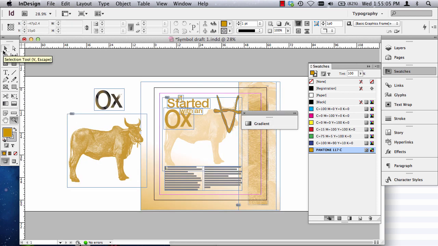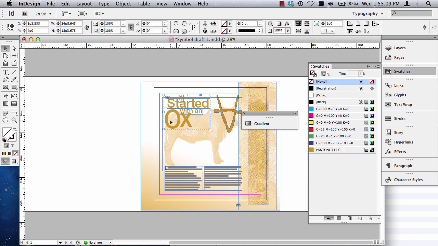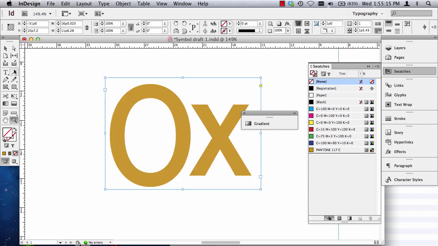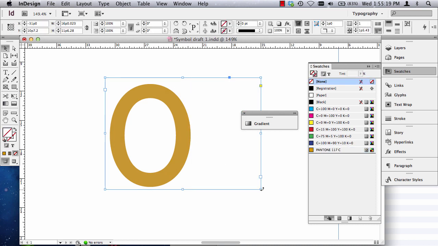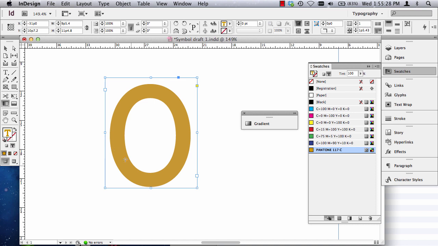I'm going to get rid of a few things here, folks, since we've already gone through that. So let's say I take the word ox, and maybe I just need the O. So this is typography, a piece of type. Again, you can use the T tool and do the gradient that way. That's the way we did it before. Now if it's an object,